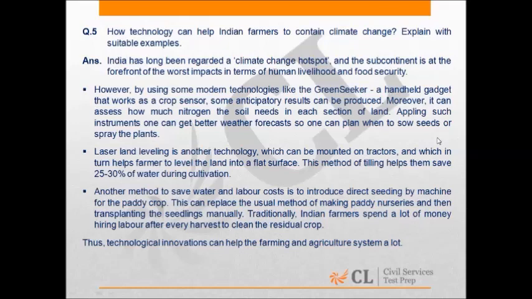Question 5. How can technology help Indian farmers to contain climate change? Explain with suitable examples. There are some examples which are mentioned in the solution. I am providing you some more. How technology can be helpful for Indian farmers to tackle or contain climate change. There are some more technologies, like after the harvesting of paddy crops, the paddy remains are burnt